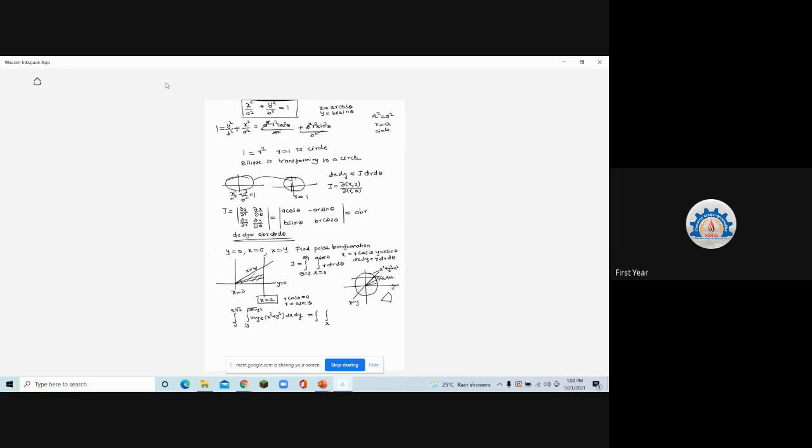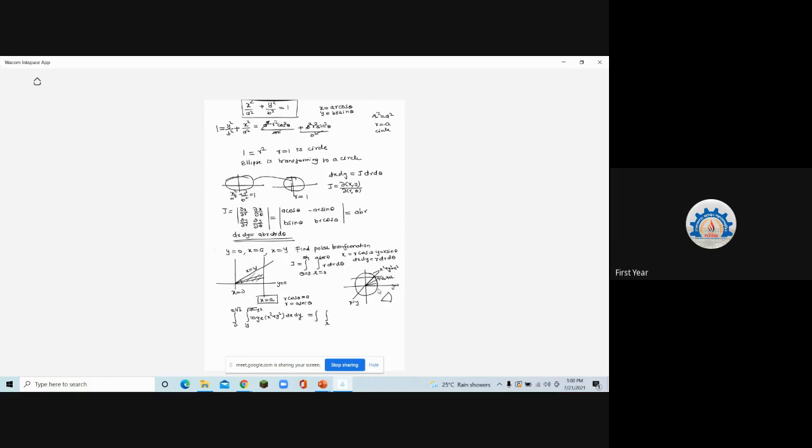Only this area you have to find, which is common to the line y is equal to a by root 2, y is equal to 0, and the curve of the circle and the line y is equal to x. So that sector is only this much. Do you understand? This part, only this much. So when you are trying to find the integration by polar form, you have to take this sector which is lying on origin and lying on this curve.